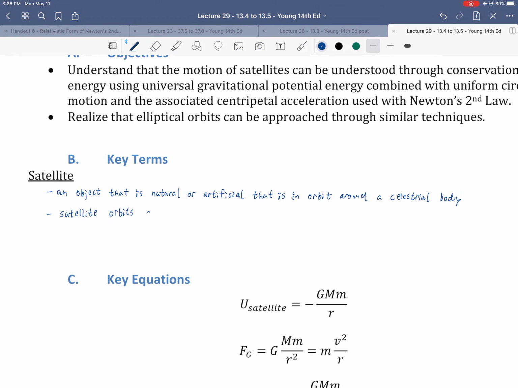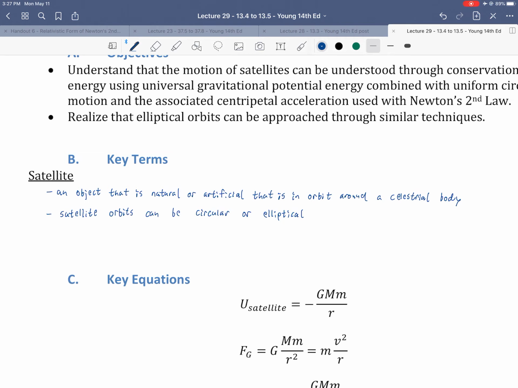Satellite orbits can be circular or elliptical. Okay. If you're not that familiar with ellipses, a circle is a form of an ellipse. It's just an ellipse with an eccentricity of 0. We'll talk a bit more about ellipses, although we don't get too much into the topic, largely by my own choice. I think there's other things I want us to focus on. But we will talk about them briefly, and we'll talk about some of the key terms and ways of quantifying an ellipse,